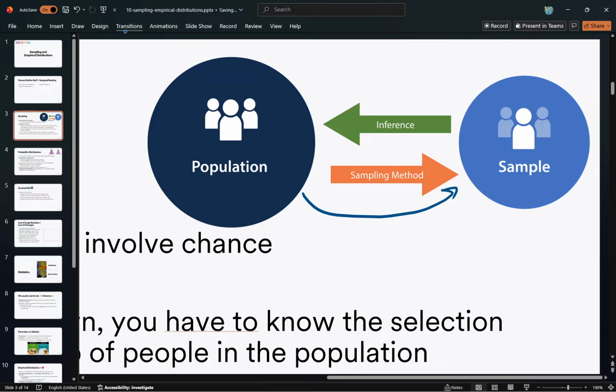There's the idea of how did I pick that small group of people that are supposed to be telling me stuff about that giant group of people? Because you better believe that you could pick wrong. You could pick a horrible sample. If you pick nothing but college students, you probably wouldn't predict properly, right? If it was for an election,